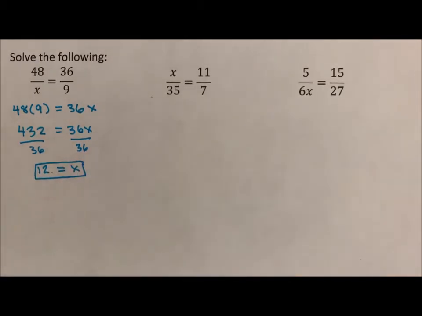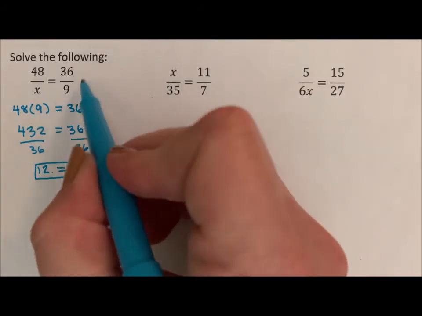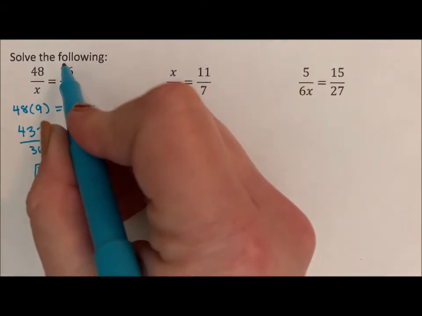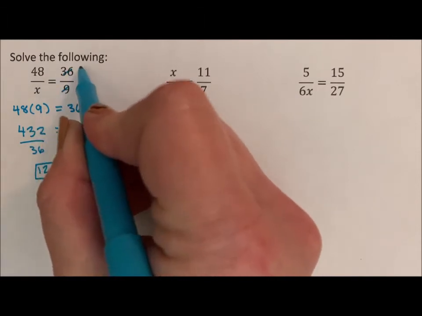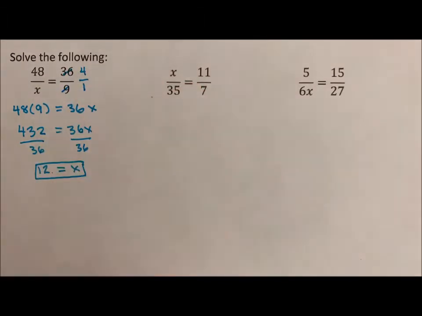And if you have a calculator, that works. But I would challenge you when you're looking at problems like this to notice that 9 goes into 36, and we can actually reduce this fraction down to 4 over 1. And if we reduce the fraction to 4 over 1,